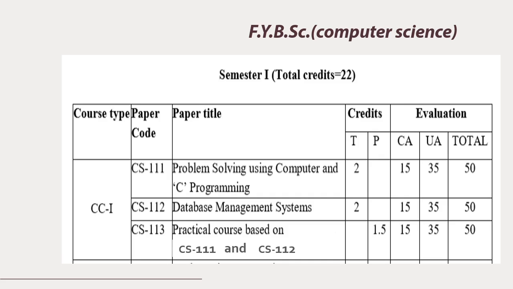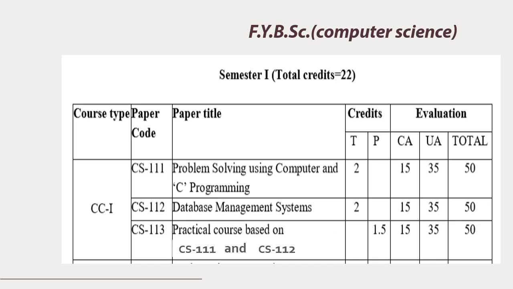Before discussing syllabus, let us have a look at the structure given by university. Total credits given for first semester are 22. For computer science, there are two subjects. First subject CS 111 is Problem Solving Using Computers and C Programming, and second subject CS 112 is Database Management